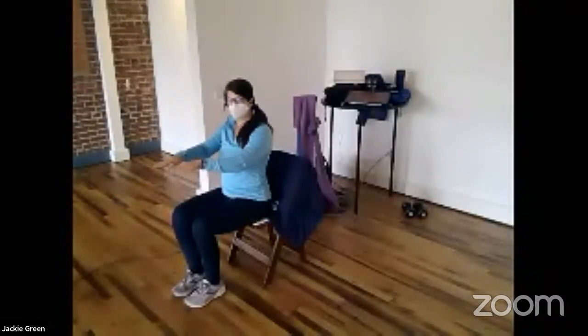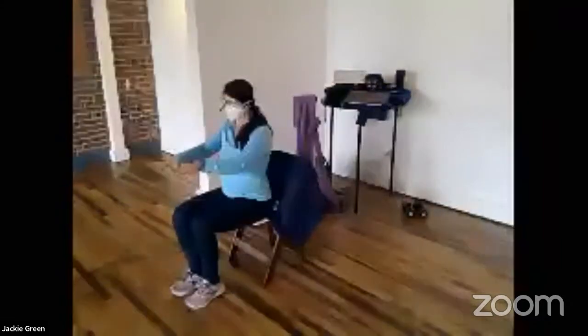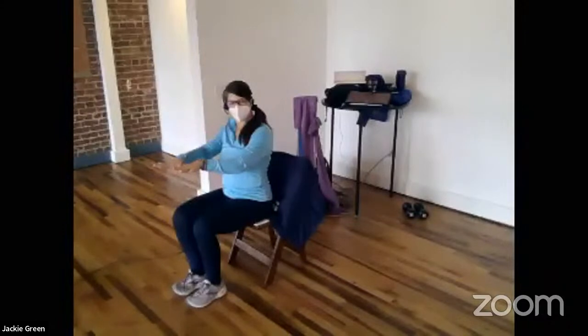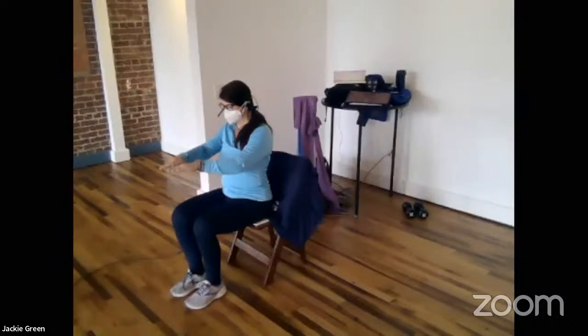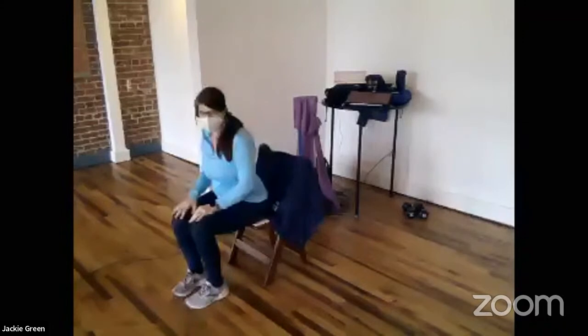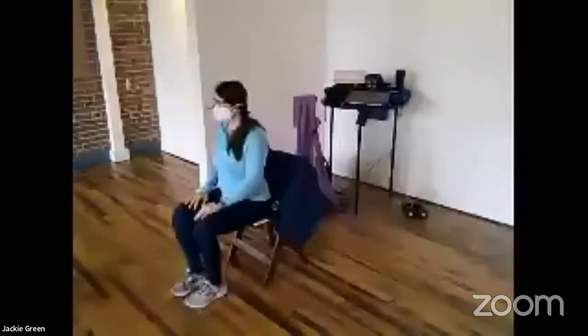Take your feet in your shoes. Spread out your toes in your shoes as far as you can. Together, apart, together, apart, together, and apart. One of the exercises they made me do after I broke my foot is they made me